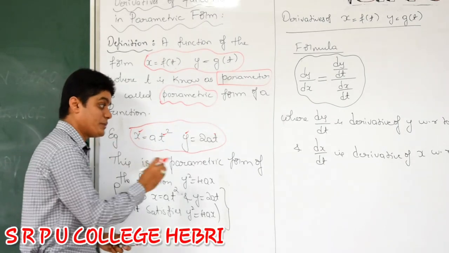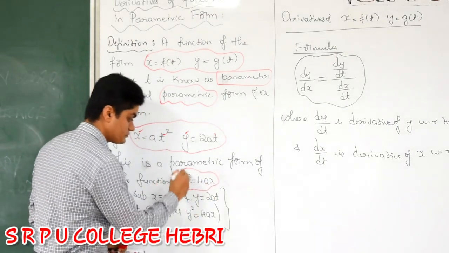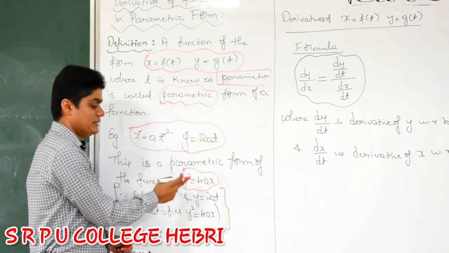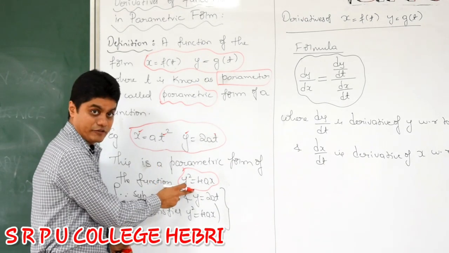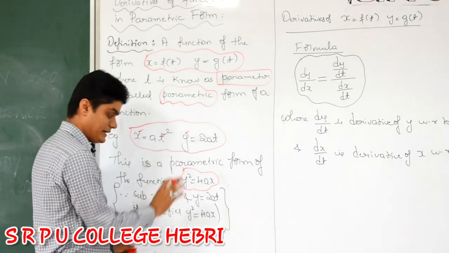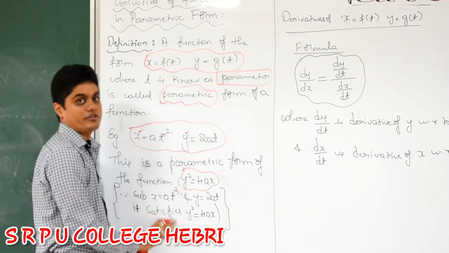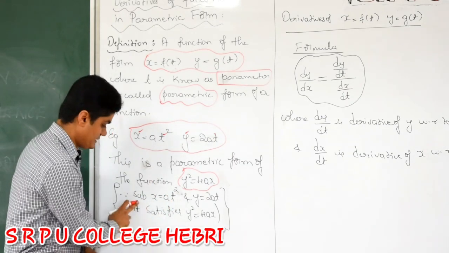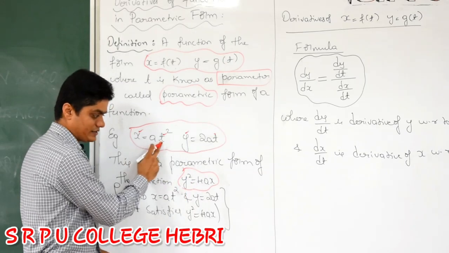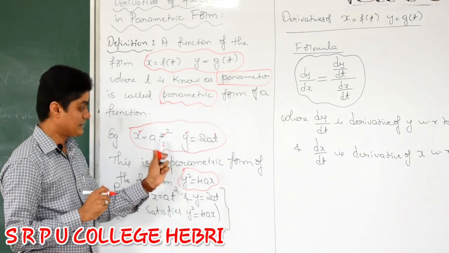And it is a parametric form of this equation. Do you know what this equation represents? Parabola. So this is a parametric form of this equation. How to check whether this is a parametric form of this equation or not? In derivatives this checking is not required, but it is better to know. See this, if we substitute y is equal to 2at and x is equal to at square, 100% these two